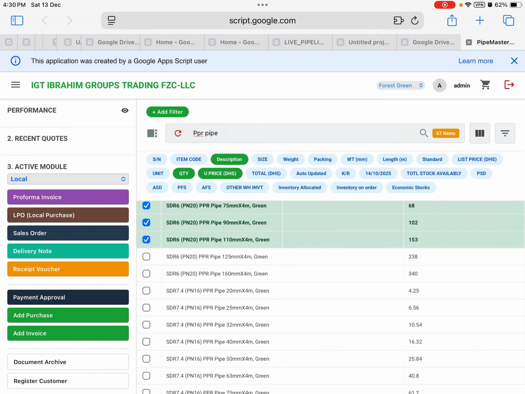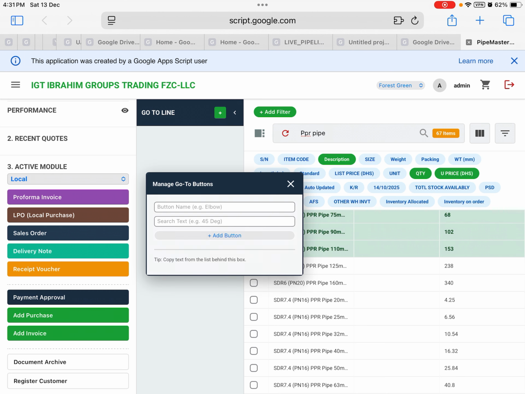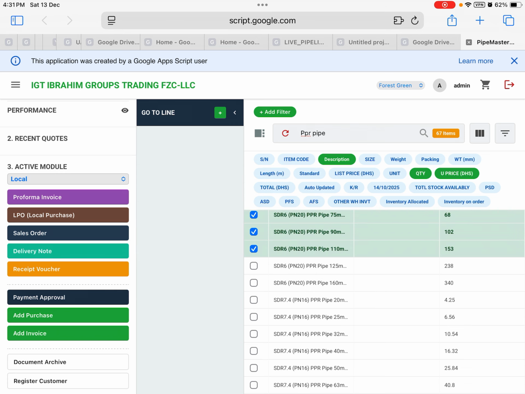Okay, one more thing, the other thing is if you want to go direct to a line, you just click here, make a button name and which line you need to go to, so you can go up and down to find the required items. Okay? Then the next